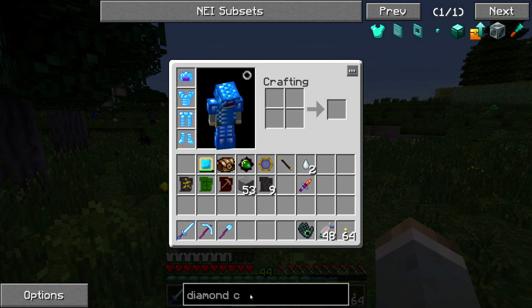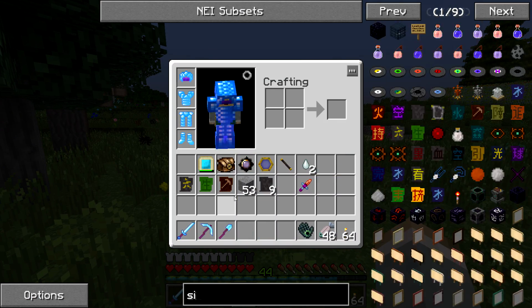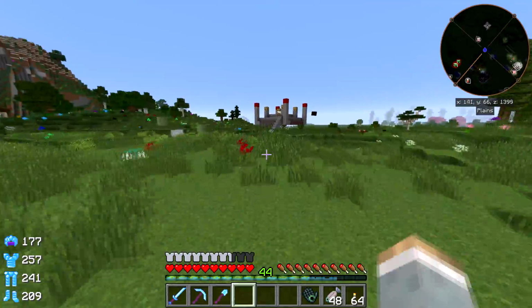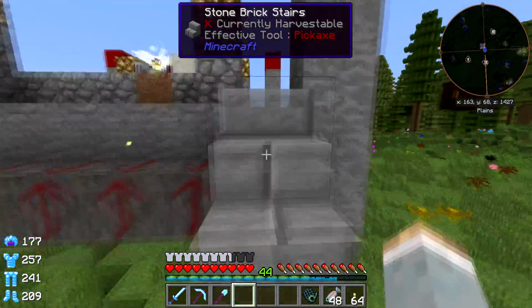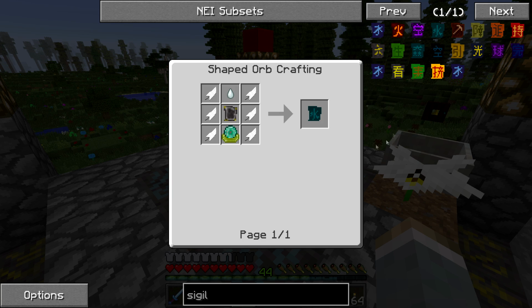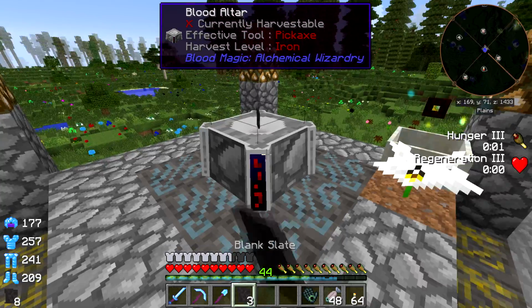Okay, so let's look at sigils. S-I-G-I-L-S, right? Alright, those are the sigils. That's the who's who of Blood Magic. Let's take a gander at our options, and there's a few I already have in mind. First one is going to be the air sigil. That's why I needed the ghast tear, because yes. Let's make 4 of these into the